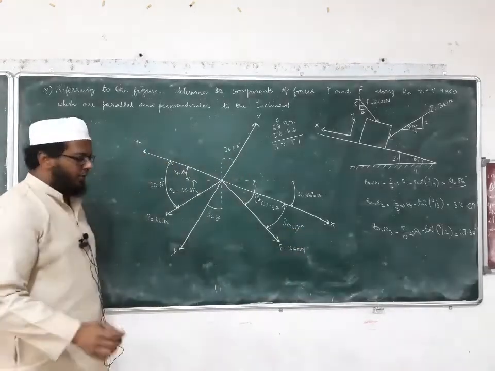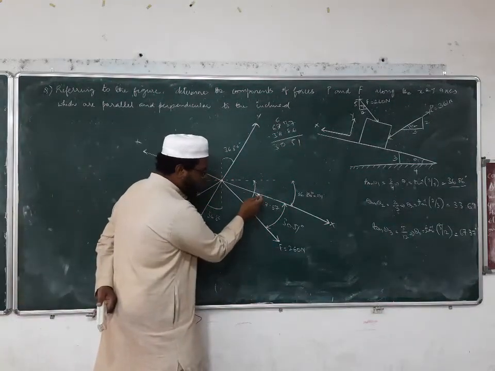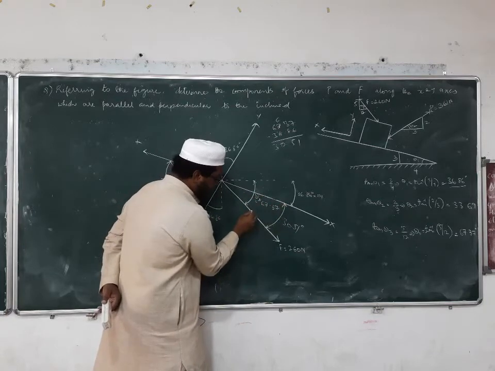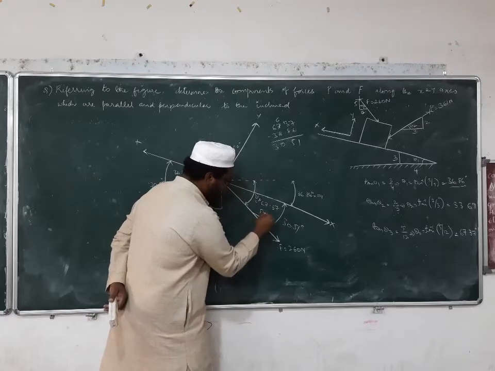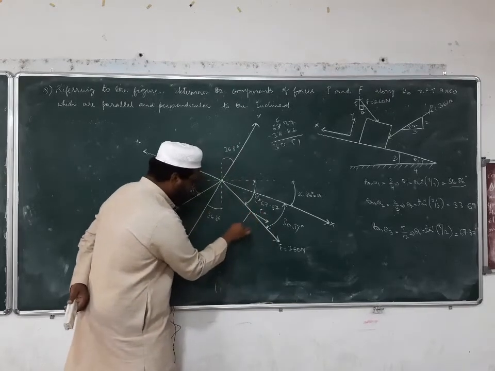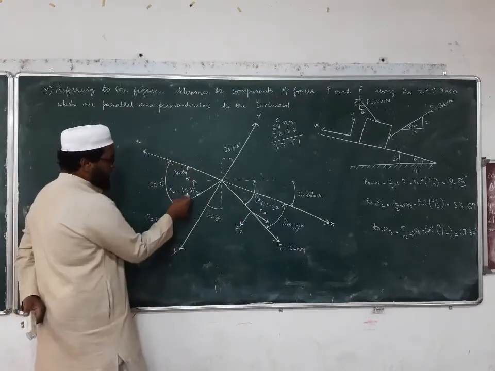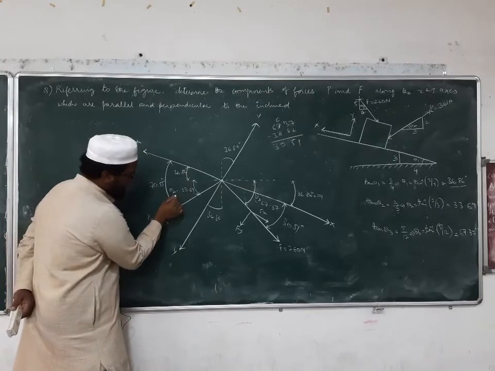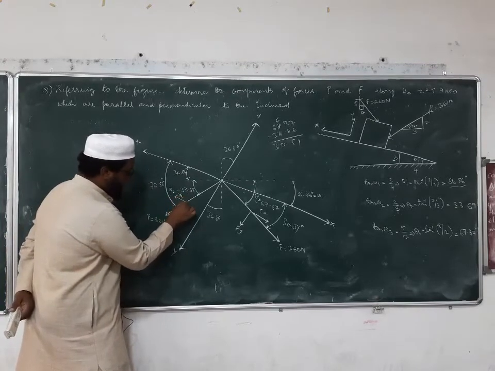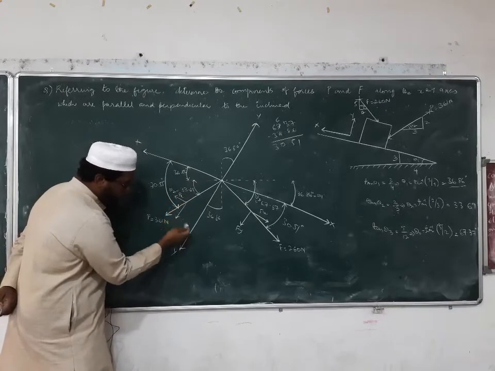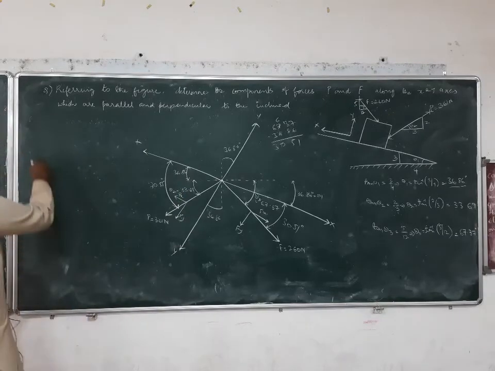Now we will go for the components. So how will you go for the components? My x component should be parallel to this given x and y axis. So this is Fx and this one is Fy. Again, this one should be parallel to this x axis. So this is Px, and this one should be parallel to this y axis, so this is Py. Alright, so now I will write down the forces here.